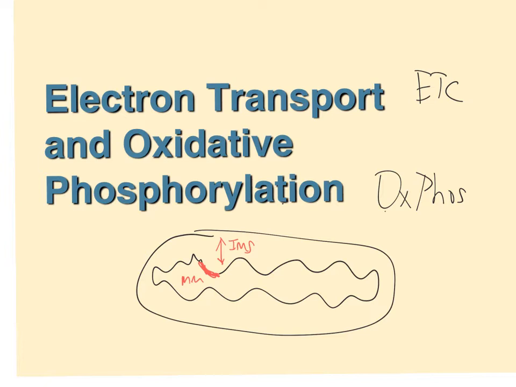What is the purpose of the electron transport chain? It's to transport electrons, and also transport something else. Because it can't just transport electrons, what else does it transport? Protons. And then what's the purpose of oxidative phosphorylation? To make ATP. So then these two